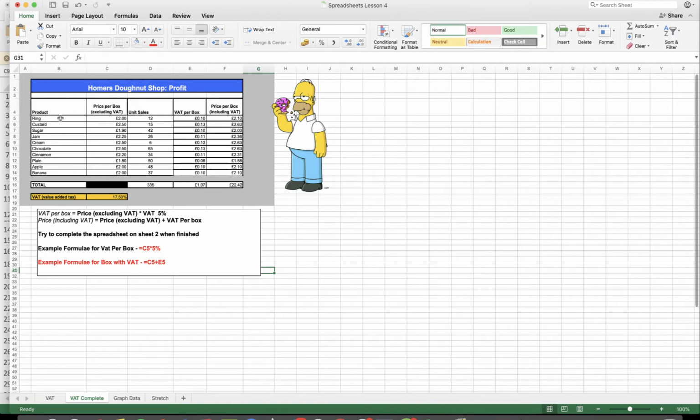Now I would like the products, which in this case is donuts. So I'm going to highlight the products, and then I want the chart to represent the price of each product with VAT. So I'm going to hold down the control key, or the command key on a Mac. For you guys, it's going to be the control key. So highlight the products. I put my finger and hold the control key. My finger's still pressing the control key, and I highlight